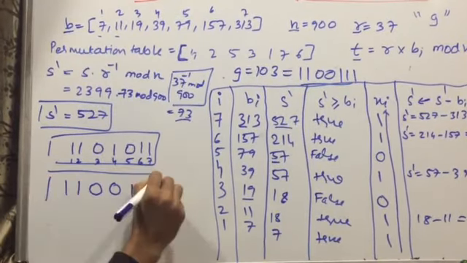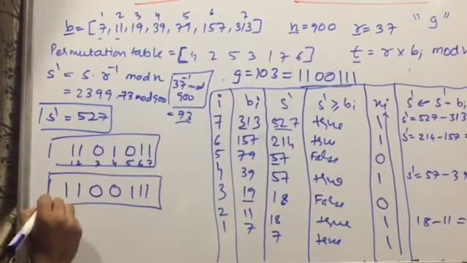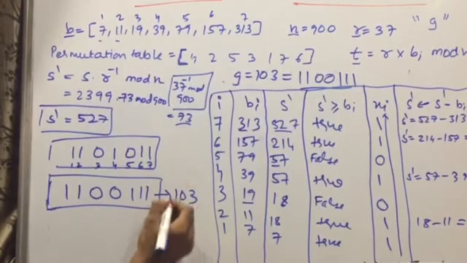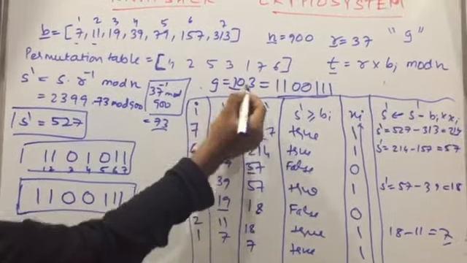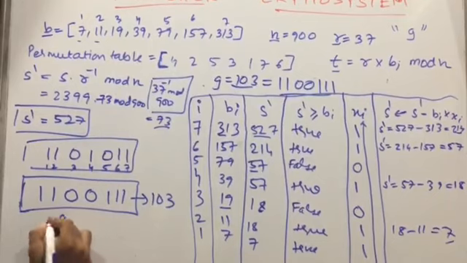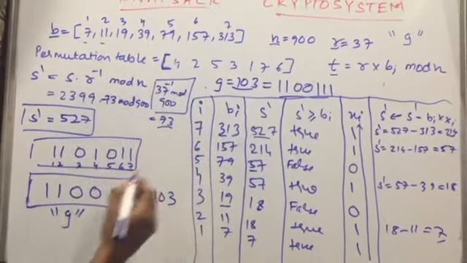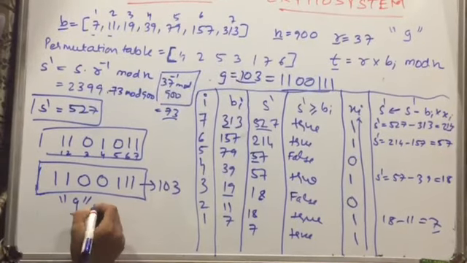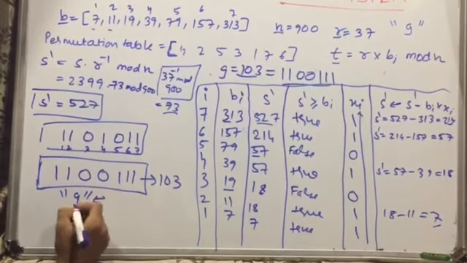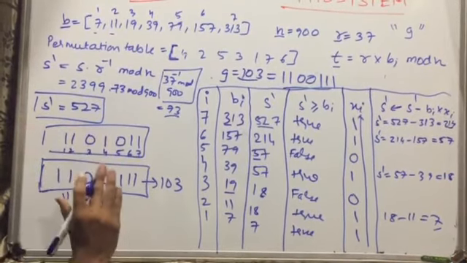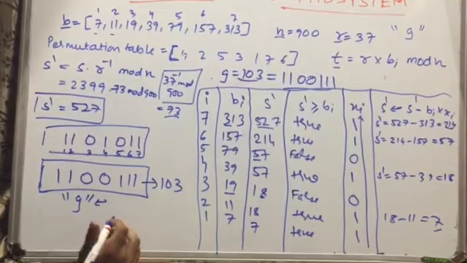As you can see, you have done successful decryption over here. This value is 103. You can see over there 103. So the first portion was encryption and this portion is the decryption part. So you got the successful value over here. So this is the basic idea about how to solve knapsack crypto system problems. Thank you.